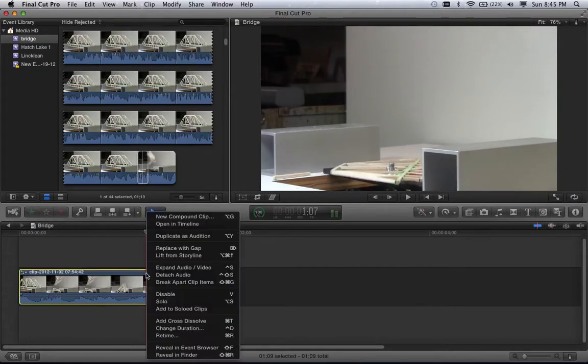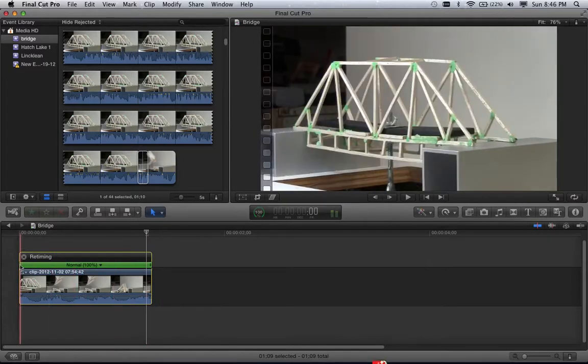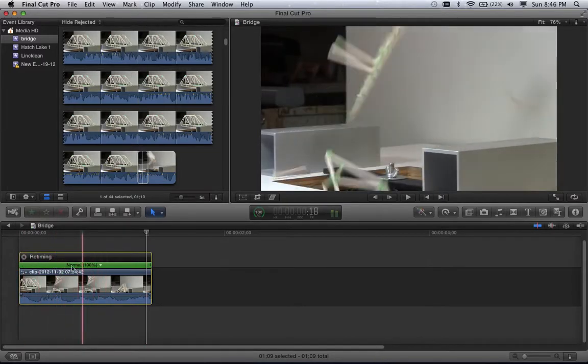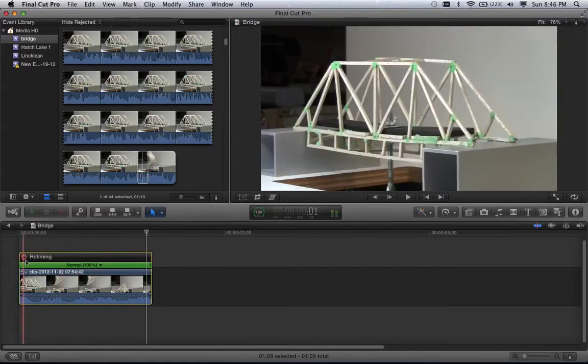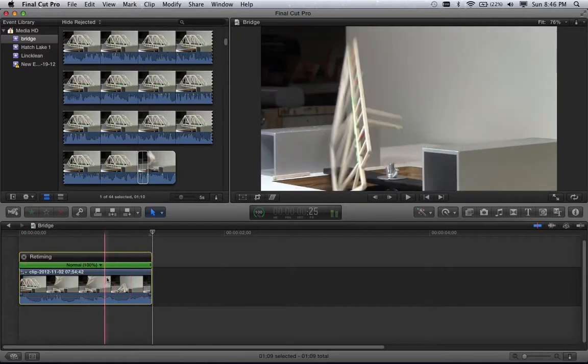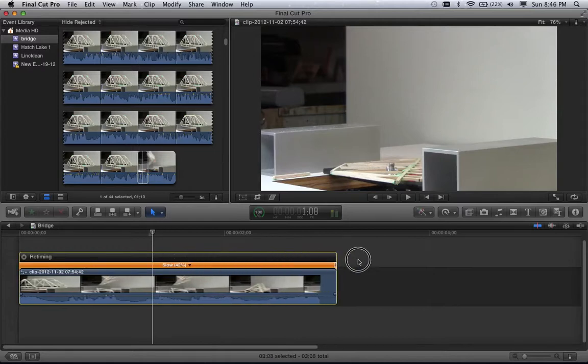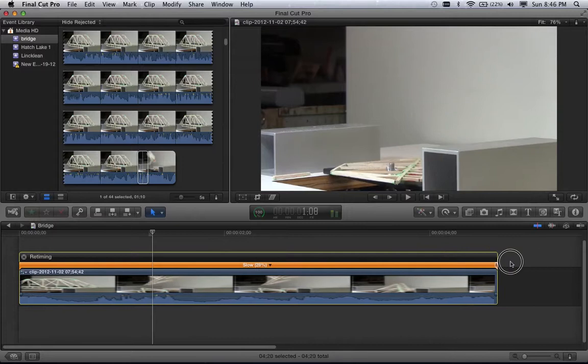In order to do that, if you right-click on your video clip, so you can see it's selected, it has the yellow border, and I've also right-clicked on that clip of video. And if I come down here and hit Retime, you can also hit Command R to retime, so I'm going to select this. What it has now done is given me a green bar which says normal 100%, and it's titled Retiming. What this means is that the video is currently playing at what it's been recorded at. One thing we can do is take this and stretch it out, making this clip longer and longer and longer,